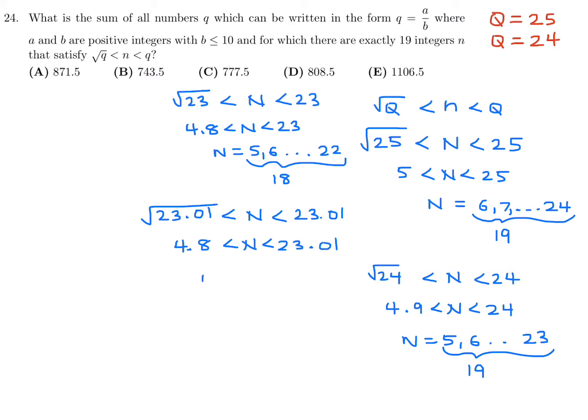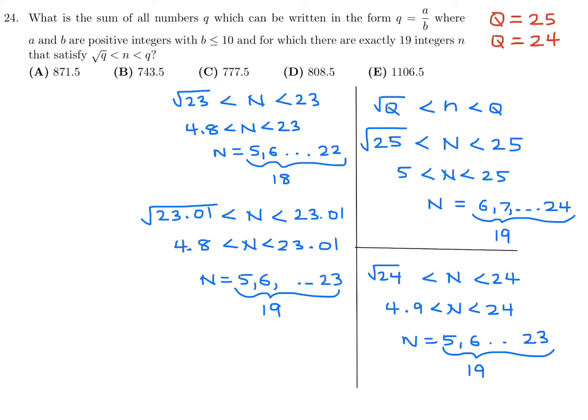And that means n can be 5, 6, 7, and so on, all the way up until 23. So now I've got 23 minus 4, 19. That satisfies. So when you start playing around with these different values, and that takes a little bit of time itself,